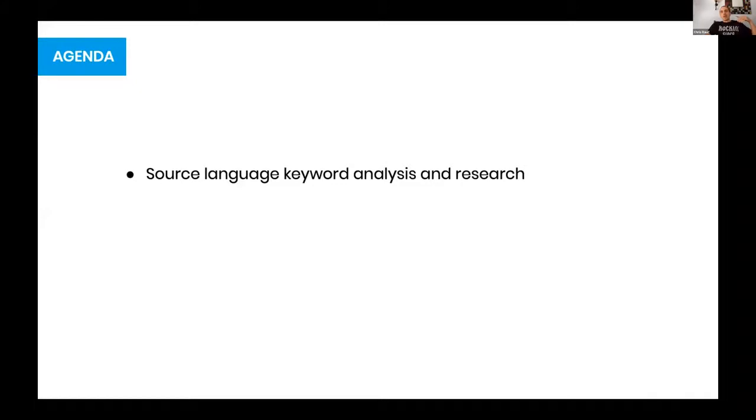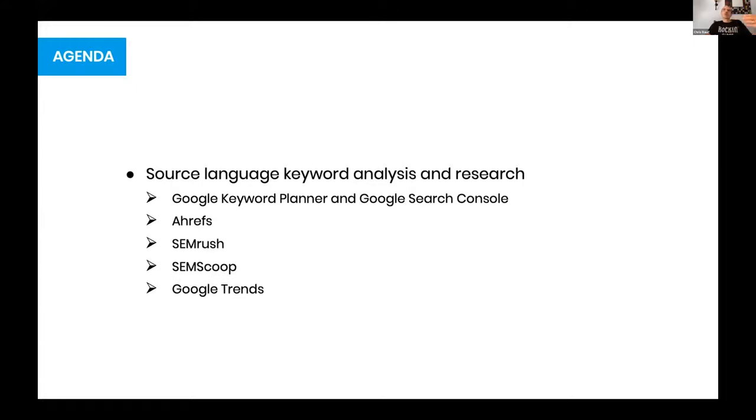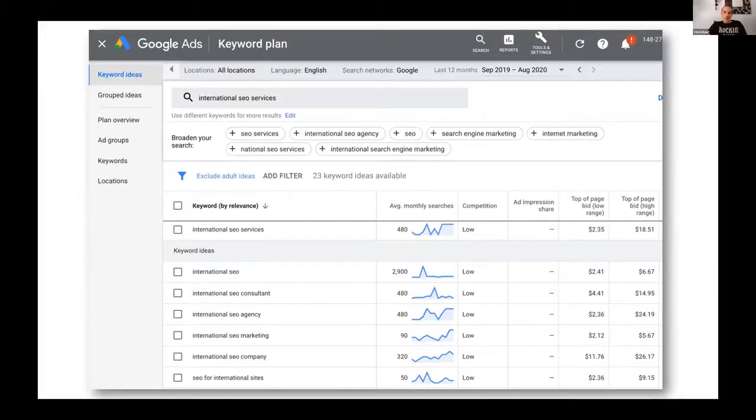All right. So now the website is properly optimized from a technical and functional standpoint. Now we need to know the keywords that we want to target. So I'll quickly talk about source language keyword analysis and research. As with localization, you're not just going to translate something that's not final, right? So before we go into international SEO, we need to know the source language keywords. There are a lot of tools that we use for this process. You're going to get a copy of the slides, so I do recommend you check them out when you have a chance.